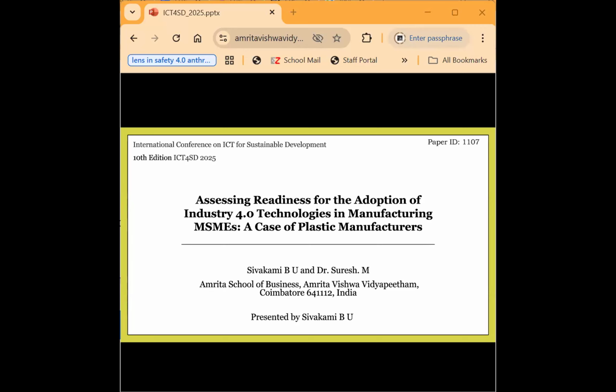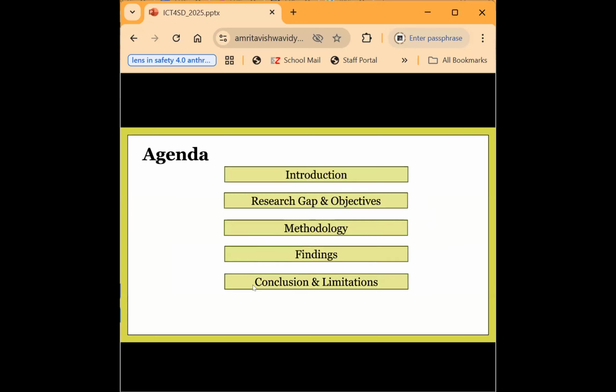So, very good morning, everyone. I'm Shivakami, research scholar at the School of Business, and I'll be presenting my topic, which is on assessing the readiness for the adoption of Industry 4.0 technologies in manufacturing MSMEs. It is in the case of plastic manufacturers, for the International Conference on ICT for Sustainable Development. I'd like to acknowledge my guide, my professor, Dr. Suresh, for guiding me throughout this paper. So, moving with the agenda for this paper,